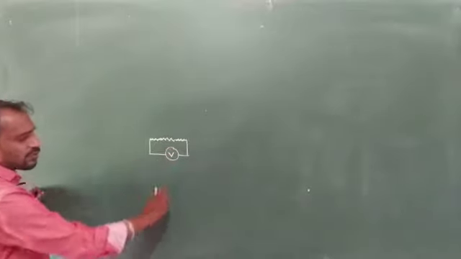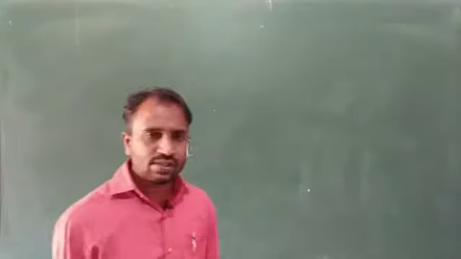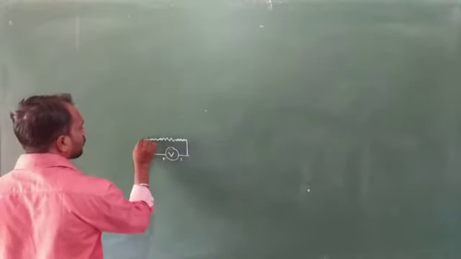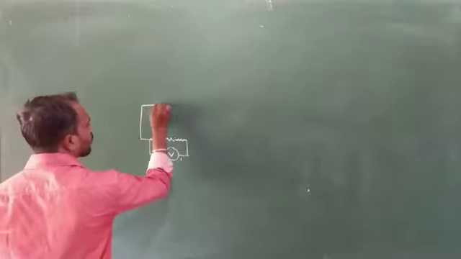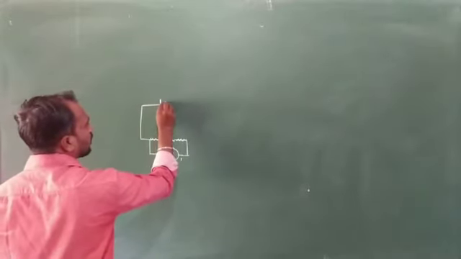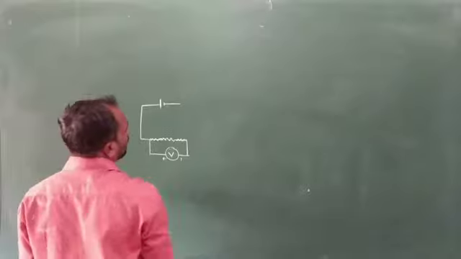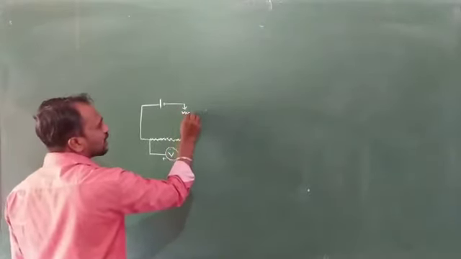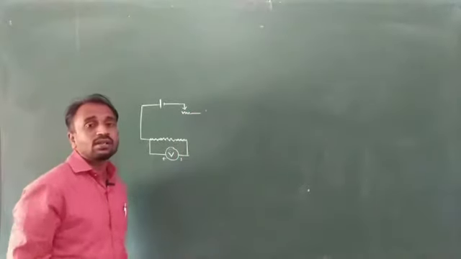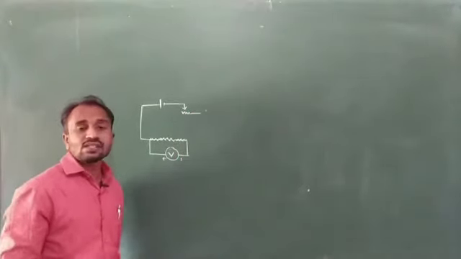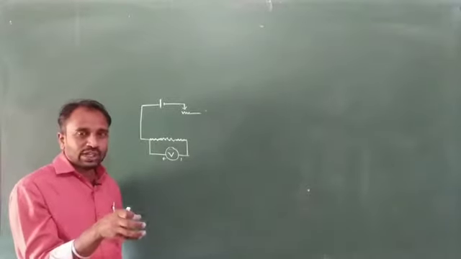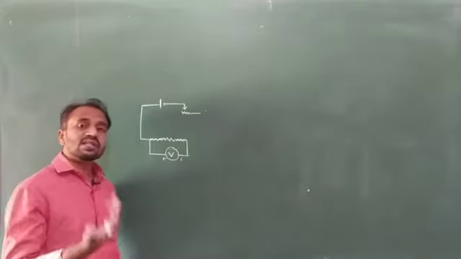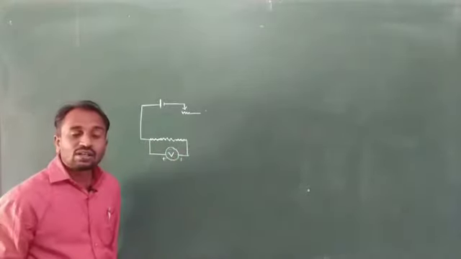The voltmeter is a device used to measure the potential difference. And here this is connected to the positive terminal of the battery. And here we consider a rheostat. A rheostat is a device used to vary the resistance in the circuit. It means we want to change the resistance value by using a rheostat.